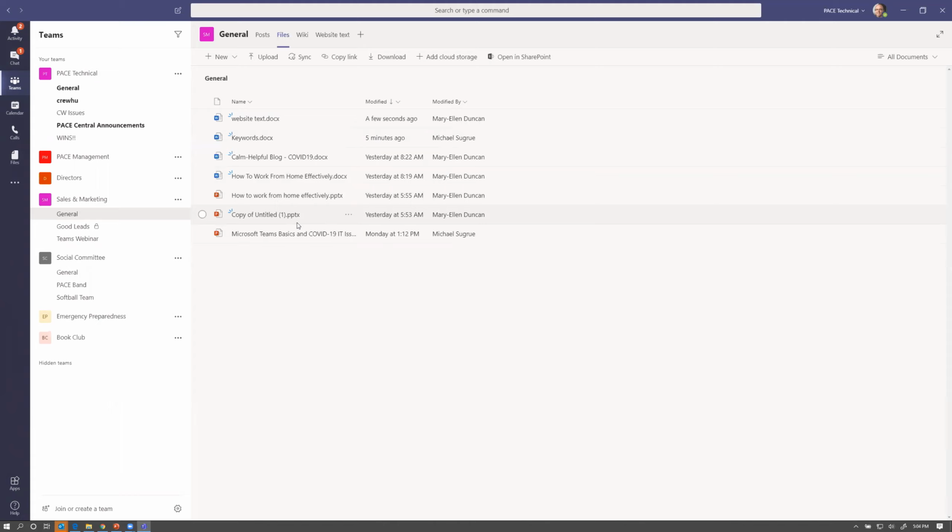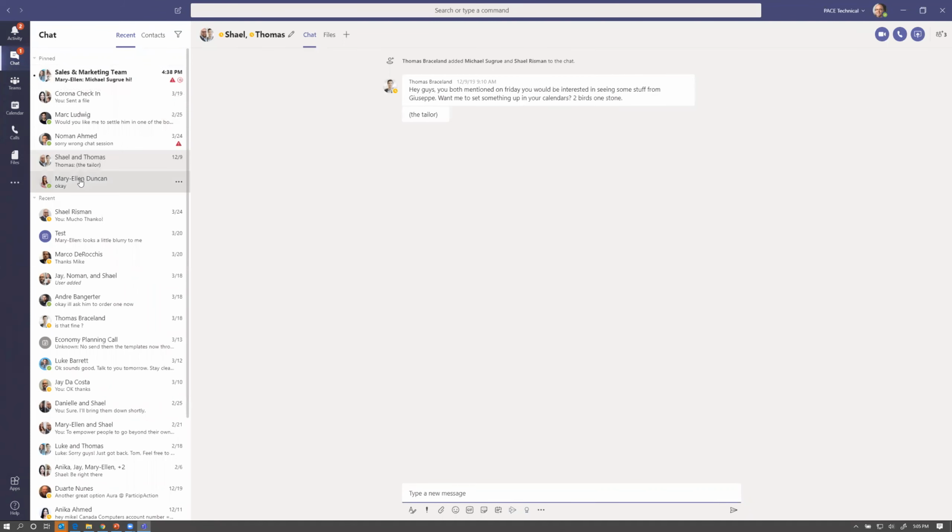So it's not necessarily important for people to know, but files that are stored within Teams are stored in SharePoint. Files that are uploaded and stored in chat are stored in your individual Office 365 OneDrive. Not necessarily important for individual users, but if you are an administrator or one of the technical people, it's important more so from a backup perspective.